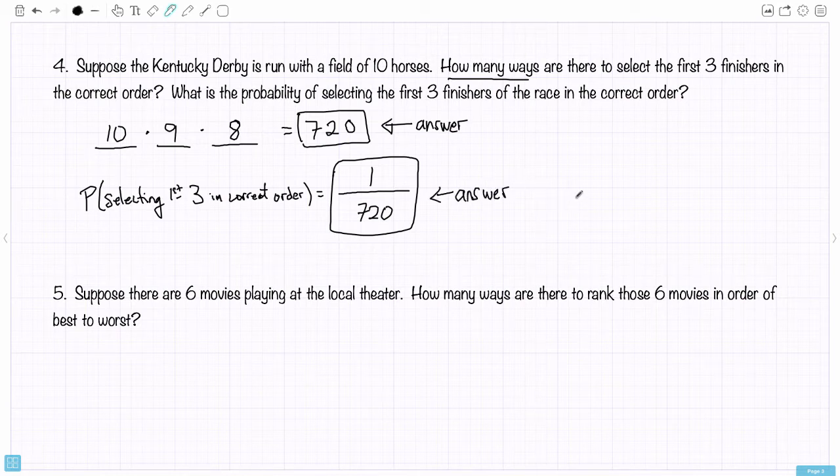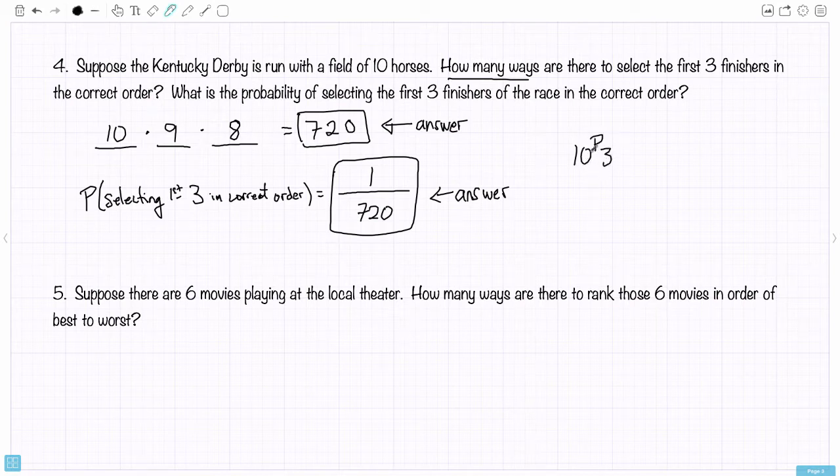But I should go back to the counting question for a minute and talk about a sort of shortcut that we have, because that calculation happens often in many of the examples that will follow. It's a sort of standard kind of counting question. What I could do here is say, to count the number of ways of selecting the top 3 horses in a particular order, this is a permutation question that we could write